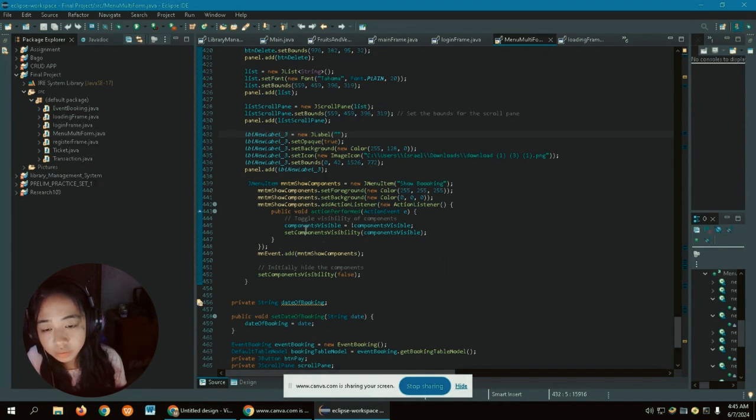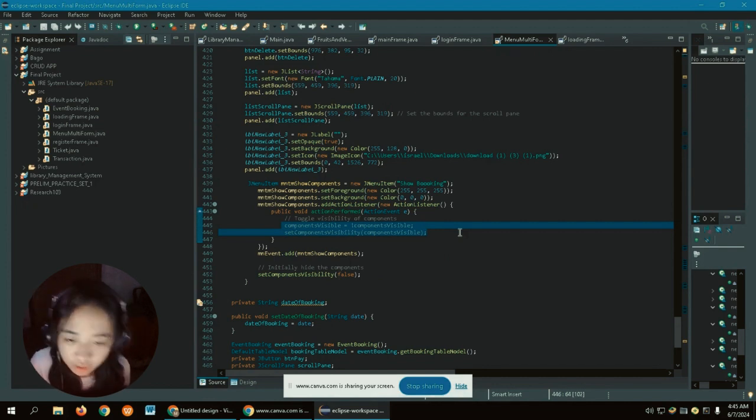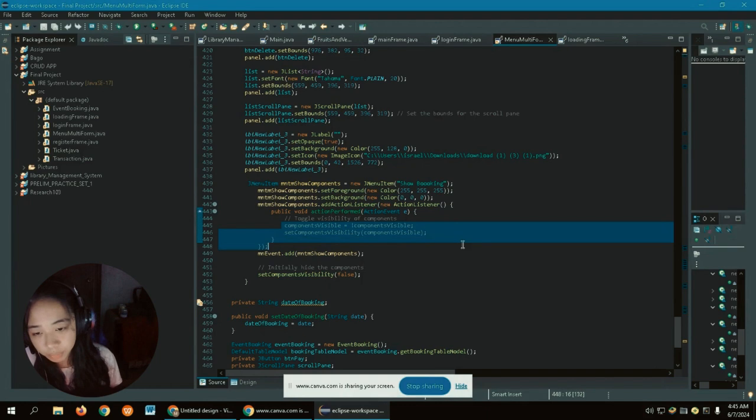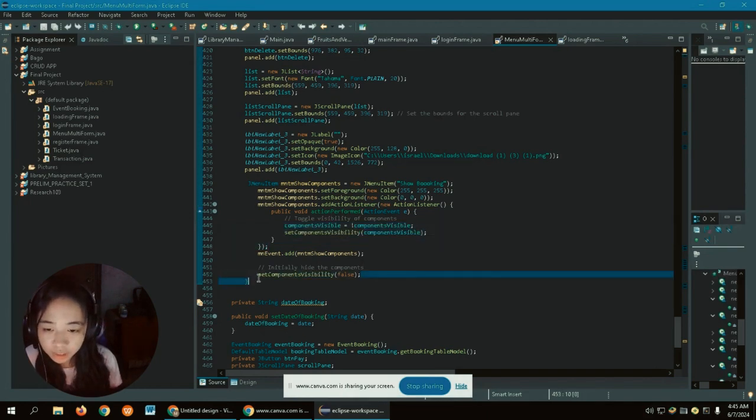Its purpose is to toggle the visibility of the components. This will initially hide the components.